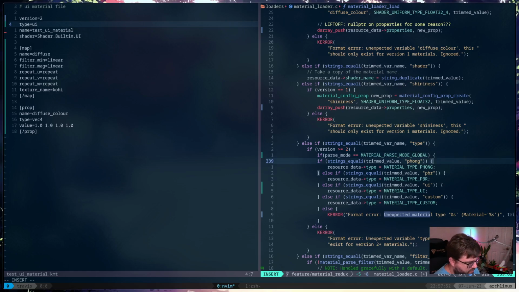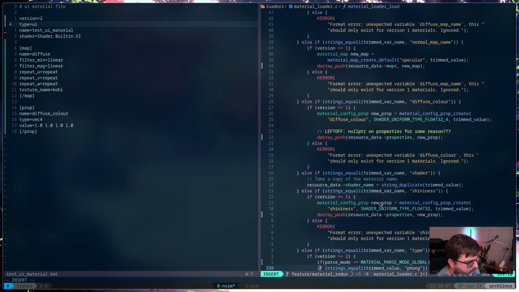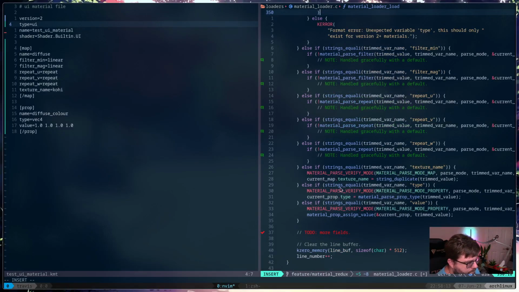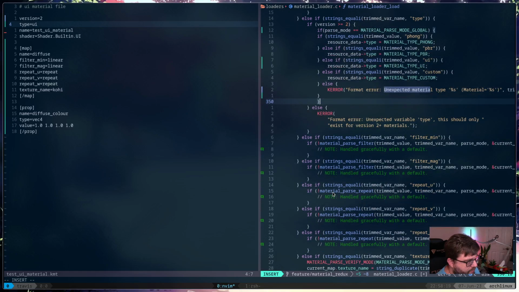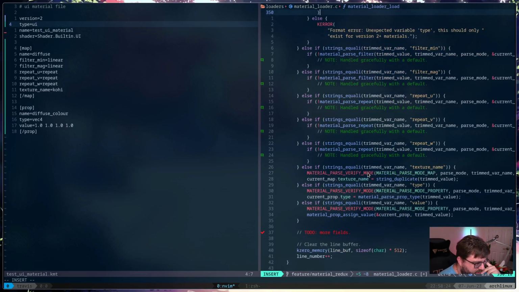So if we're in global mode, then do these things. Otherwise, trim var name. Oh, right. I've got two separate. I was wondering why that was an issue. That's why it's failing.